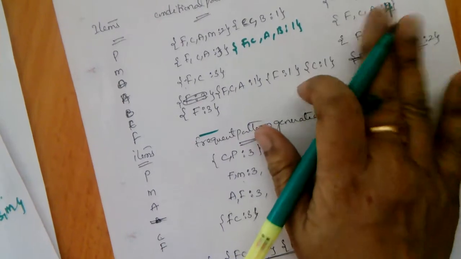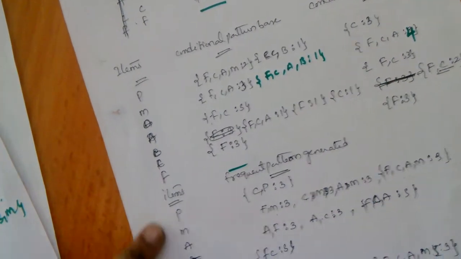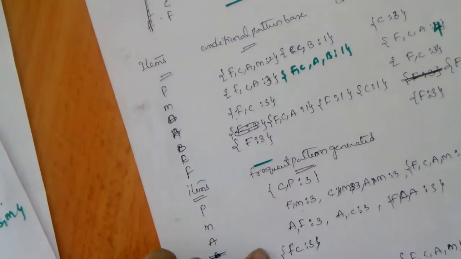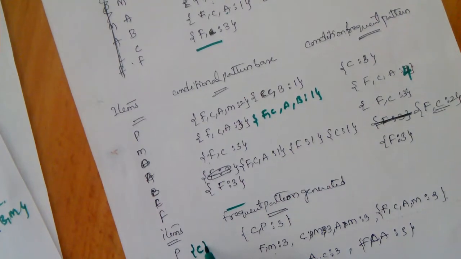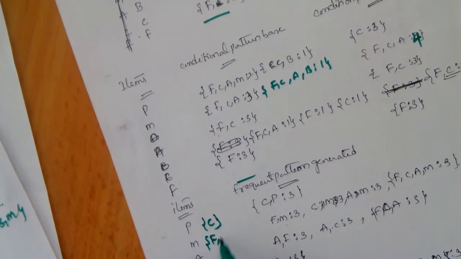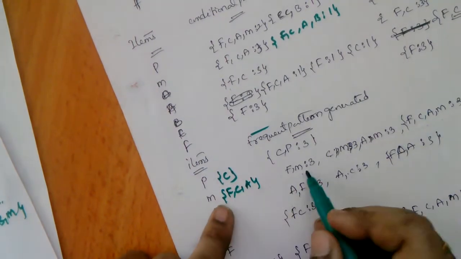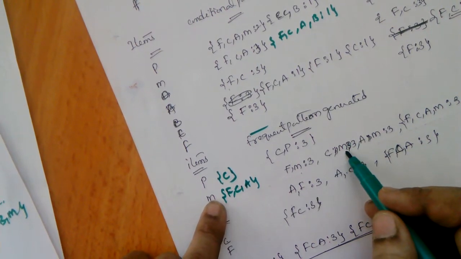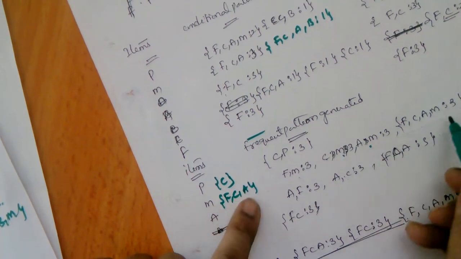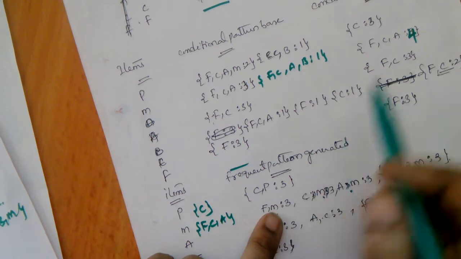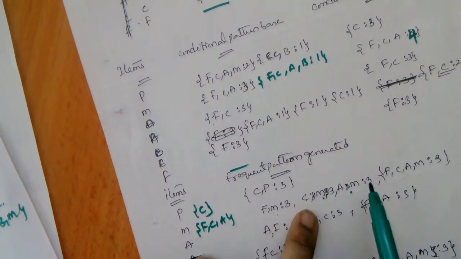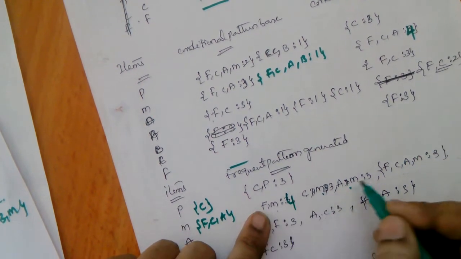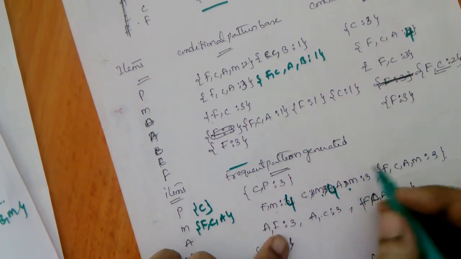Okay, now we get the frequent patterns. What are the frequent patterns? For P, C; for P, A; for M. For these items, first is C, P, association. Okay, this C and P. Next we have F, C, A. So what will we get? FM, CM, AM and FCAM. Okay, what is the count of FM here? 3. Okay, FM is 3, CM is 3, AM is 4 and FCAM is also 4.